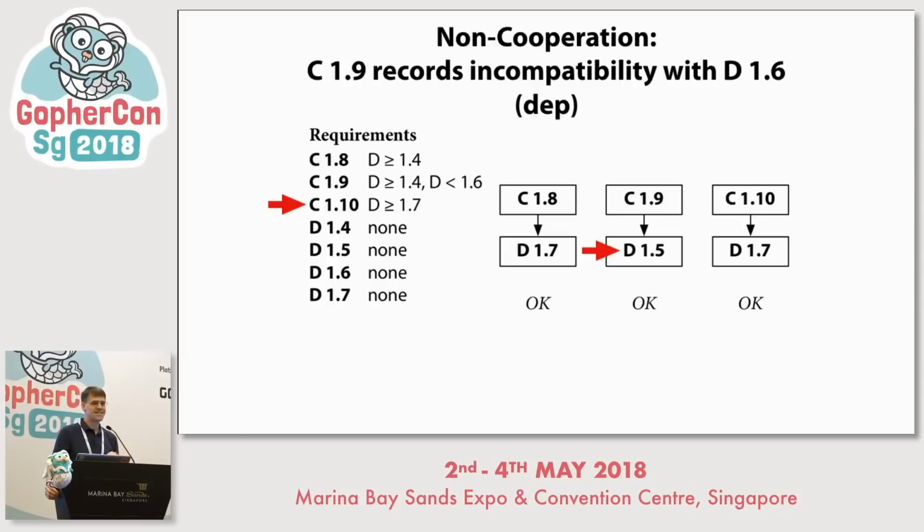Also, suppose the bug is in D, and D's author issues a fixed D17. The workaround C19 says it needs a D before 16, and so it won't use the fixed D17. C's author has to go back and issue a new C110, just to allow the use of the fixed D. And in contrast, if we're using Vigo, C's author doesn't have to issue C19 and doesn't have to undo